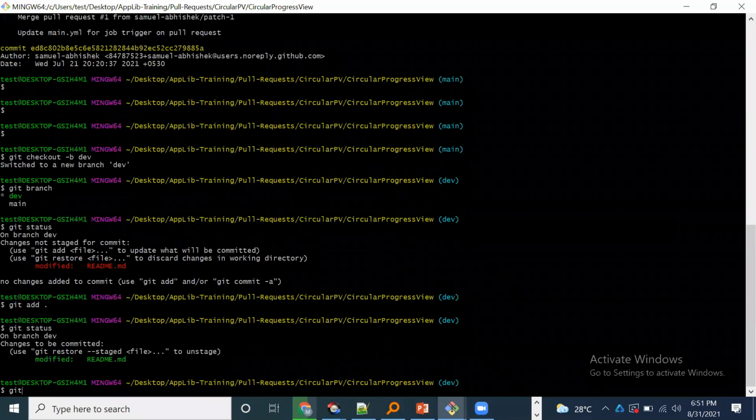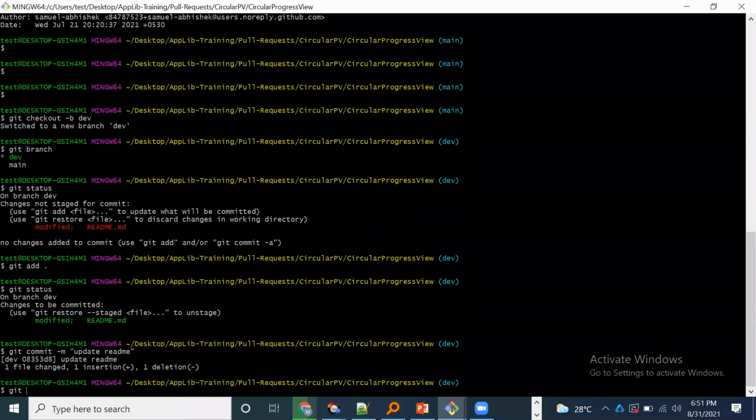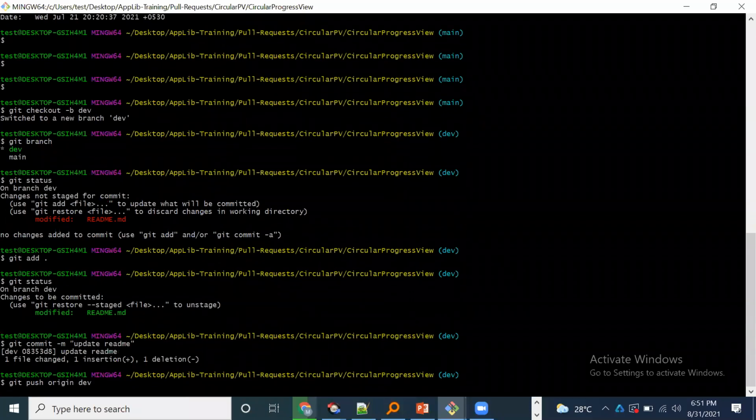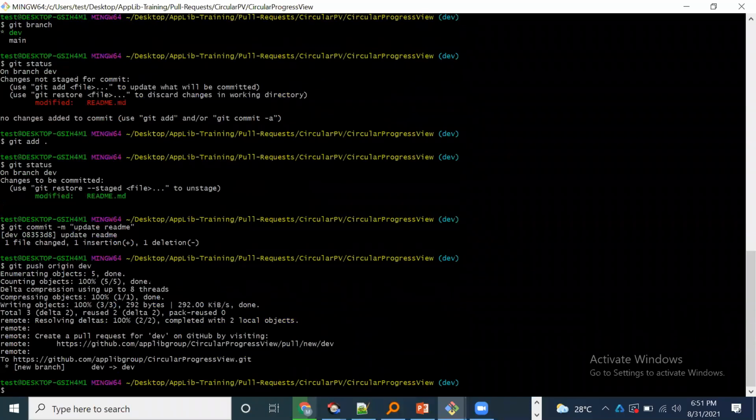Now the same git commit -m, and then we will give a meaningful commit message. In this case, you can give the branch name, git push origin dev, since that is the branch I've created. Since I have permission, now I'll be able to directly create a pull request.